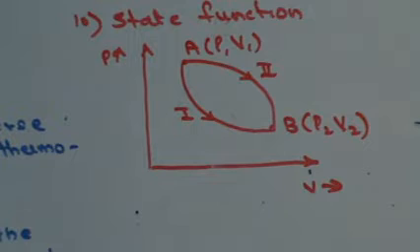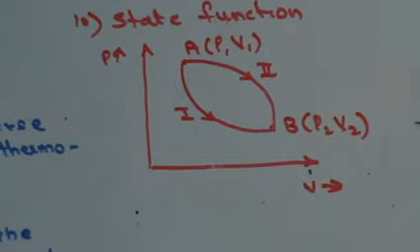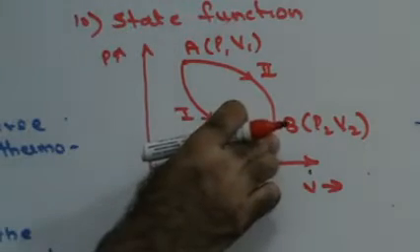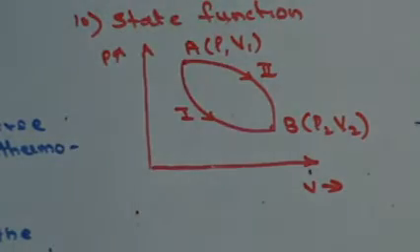Right? What are state functions? State functions are those functions which depend only upon the initial and the final value of the system, and they do not depend upon the path taken by which a system changes from initial to final values. So properties that depend only upon the initial and the final values but do not depend on the paths taken to obtain those values are called state functions, right?